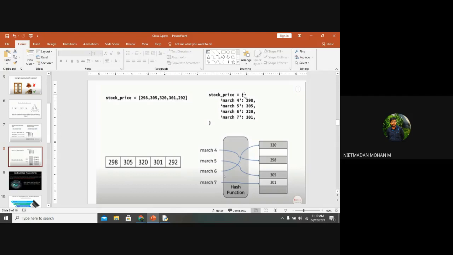And if you are going with dictionaries, the values will be stored randomly, but the keywords will be assigned in sequence, and whenever you access any one of the keywords, it will directly go to the particular value and produce the result by using this hash function. I will explain the hash function in the upcoming topics. So this is the memory allocation of a particular data type that you are going to use in your programming languages, right?